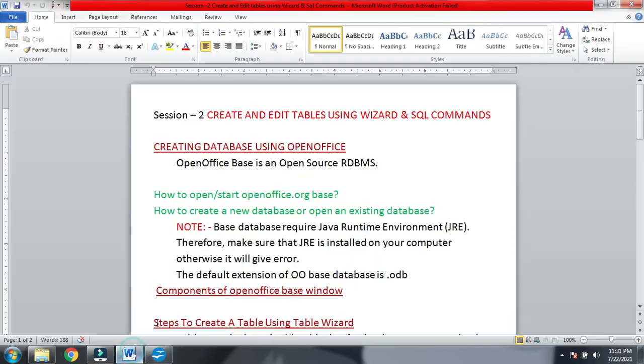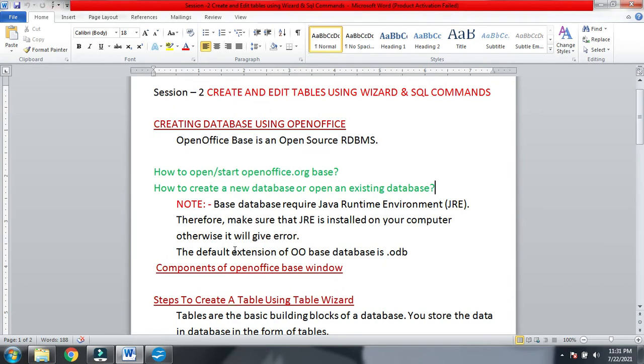Now the next thing is, you saw that I was not getting any error, but you may get an error if you are opening it for the first time, because the Base database requires the Java Runtime Environment or JRE. If Java is installed on your computer, then only you will be able to use Base, otherwise you will not.